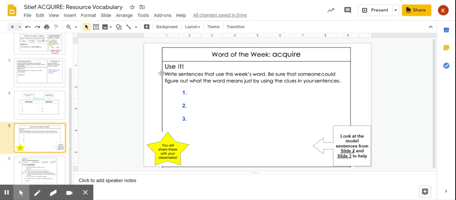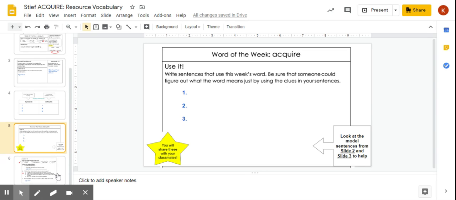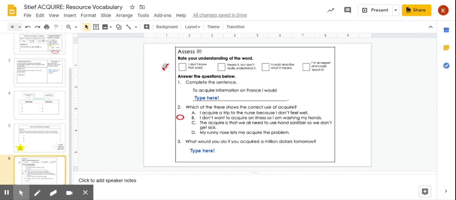Next, slide 5 says, write sentences that use this week's word. Be sure that someone could figure out what the word means just by using the clues in your sentences. Look at the model sentences from slide 2 and 3 to help. Finally, your assessment, you need to drag the check mark to show us how well you know the word now. You need to answer a multiple choice question by dragging the circle, and you need to type in the blue